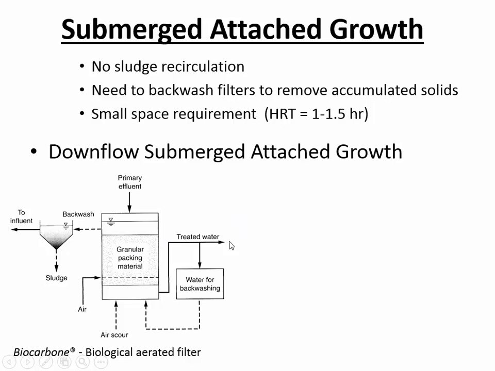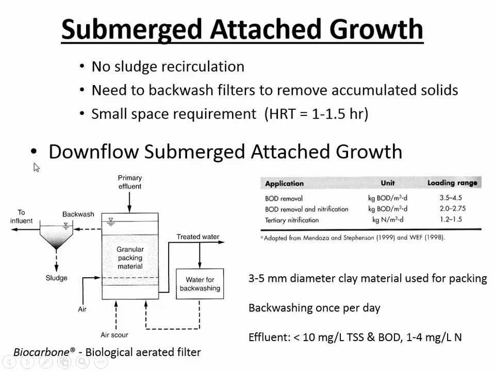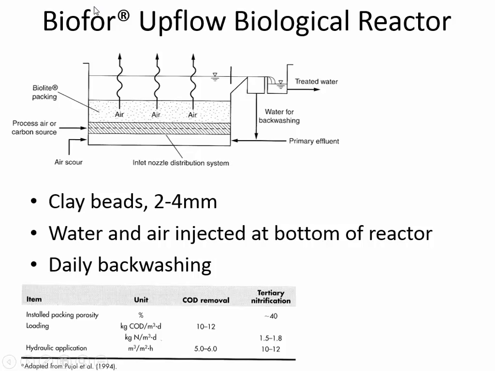But what they're saying is that if you accumulate some water for backwashing, then when you need to clean off the solids, you return the water in the opposite direction that the water is usually going. Normally the water is flowing down, but when you want to slough off and remove the sludge solids, you reverse the flow, and then that's when it goes to the clarifier for removal of the solids. The proprietary name of that one is Biocarbone. So Bio4